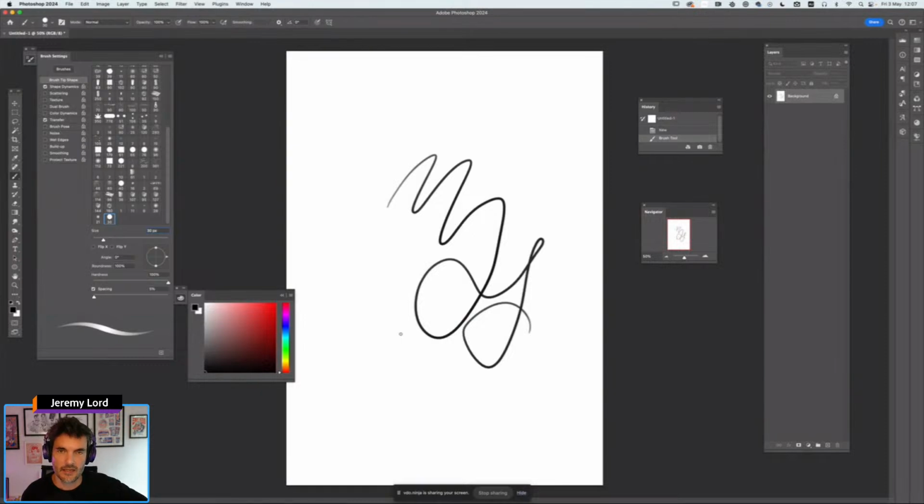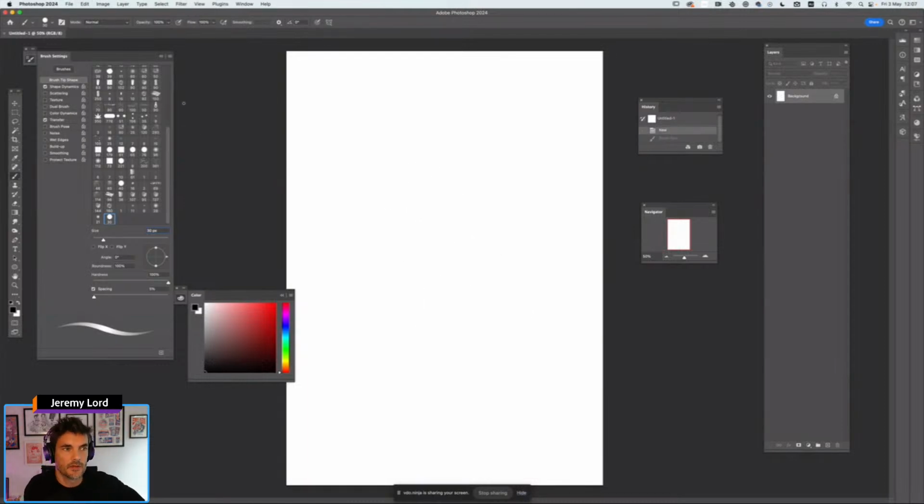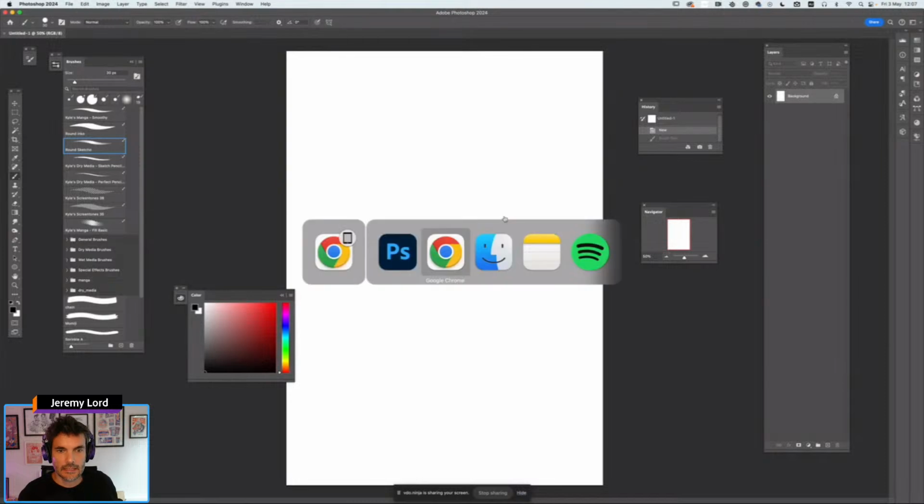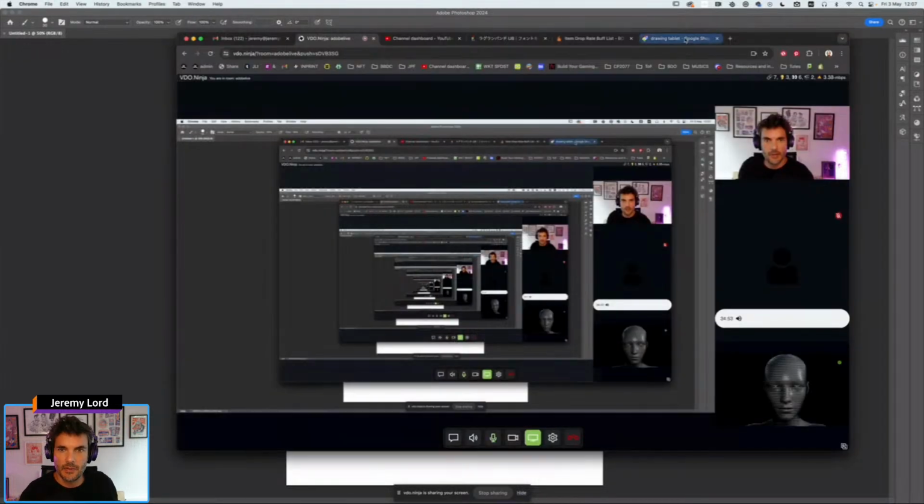All the settings that you can mess around with in terms of brushes, we'll take a look at in next week's stream. We're going to look at brush settings in a lot more depth than we are today. The first thing I'm going to say, and the only thing I'm really going to touch upon today with these brushes, is you can create your own, you can download some, you can mess around with the settings, but you will absolutely,